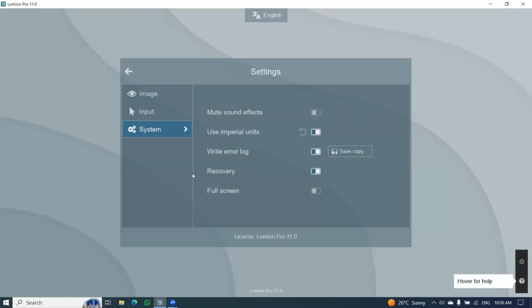Okay. Now the other things are nothing but the recovery. What is this recovery option? Recovery option is nothing but अगर Lumion अगर suddenly अगर shut down हो रहा, so it will automatically create a recovery file, a backup file. Okay, so whenever you open the Lumion again, it shows you the dialog box. A screen is going to appear that a recovery file is available. Do you want to recover it? So for that thing to happen, you need to just turn on recovery mode,